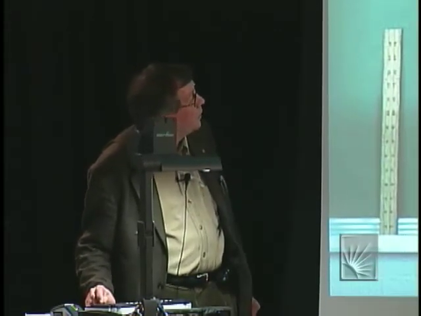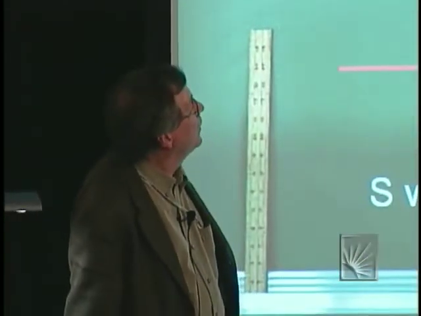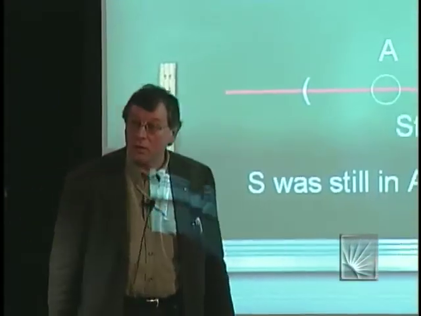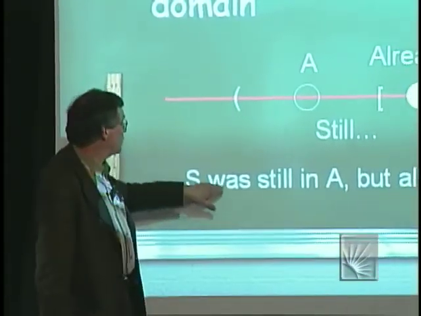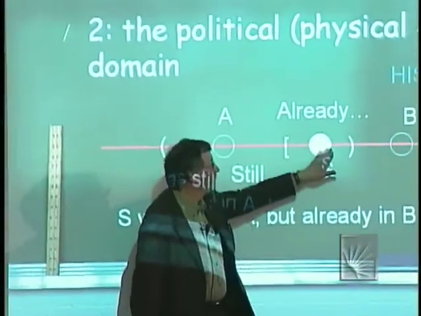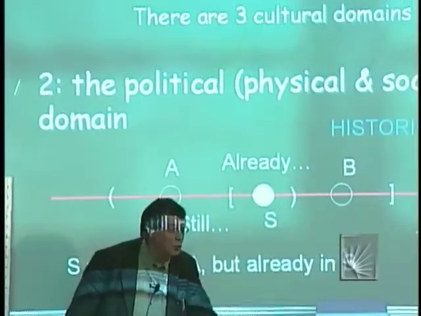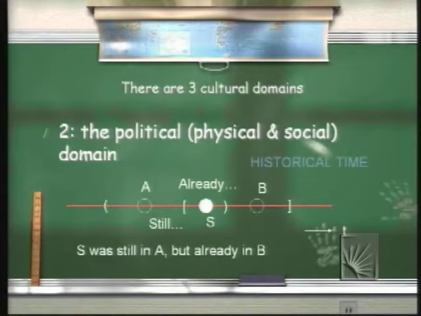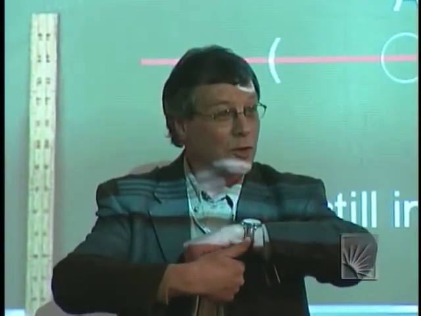And then the political world, which is physical, of course, because it's about a territory, and the territory has a group on it. And what happens is that you get a spectral time and sequential time, and you get what we call historical time. So, for example, S was still in A, but already in B. That's Louis XVI, right before the French Revolution, for example. It was still working, but something was going on, and Carpe Diem will work, something like, well, in the personal register, we would say, you are still beautiful, but already getting old, so if you want to love me, better do it soon. That's historical time, where you get sequential time and the spectral crossing into each other, in fact,